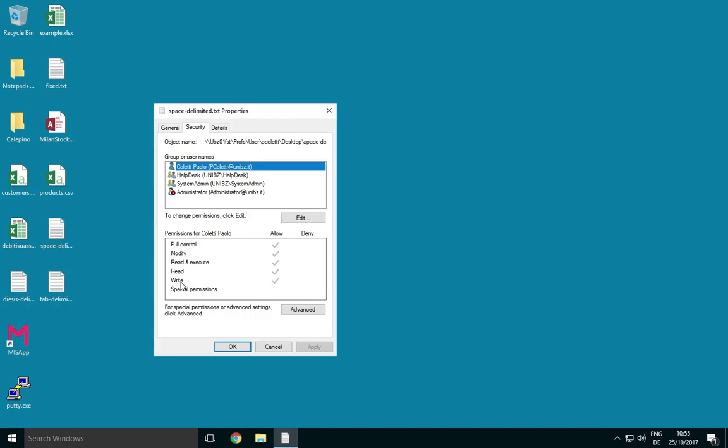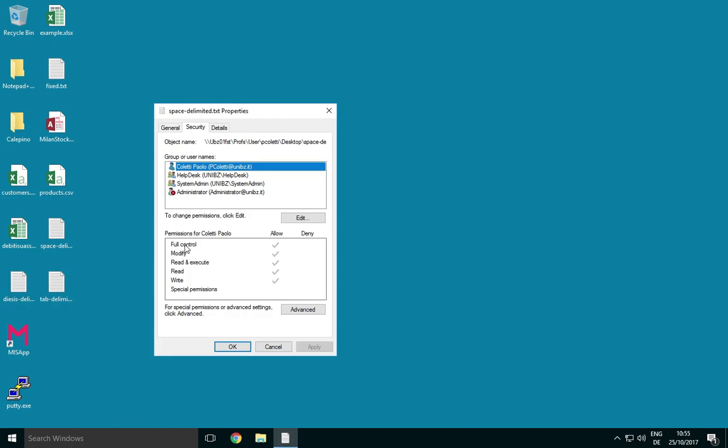Write on Windows is different, pay attention. What for Mac is write, in Windows is modify. Write for Windows makes sense only if the file is a directory. And it means that you can put files inside. So Windows distinguishes between directories and files. On directories, there is the write permission to put files inside. On files, there is the modify permission to change the file.